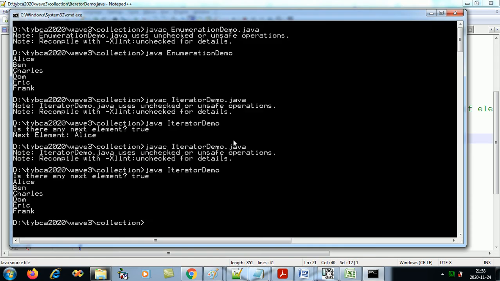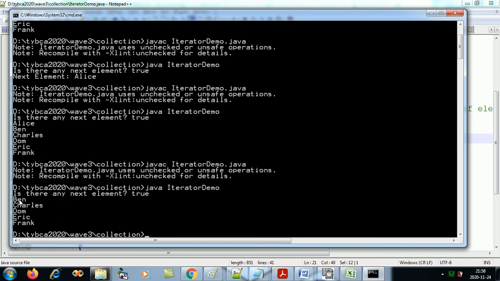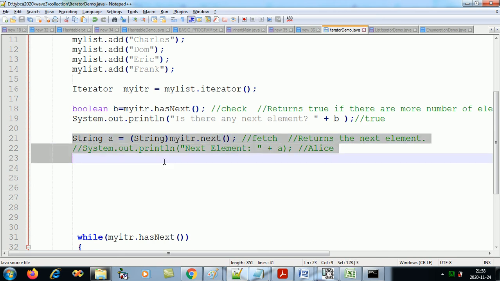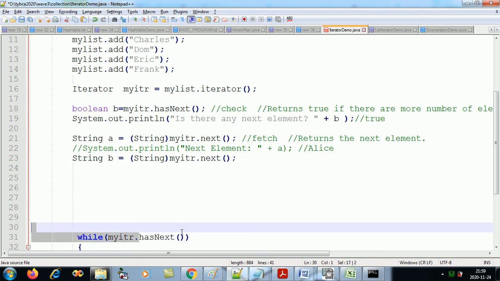It directly starts with Ben. So the number of times you use next, that many times it increases. So how many times have I used next now? Alice gone, Ben gone. Now this next will start with Charles.